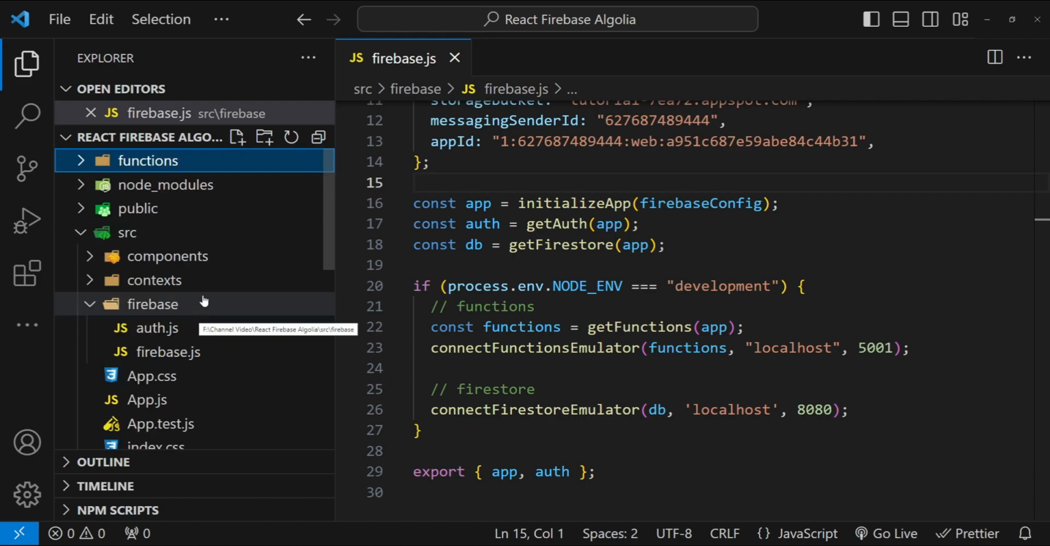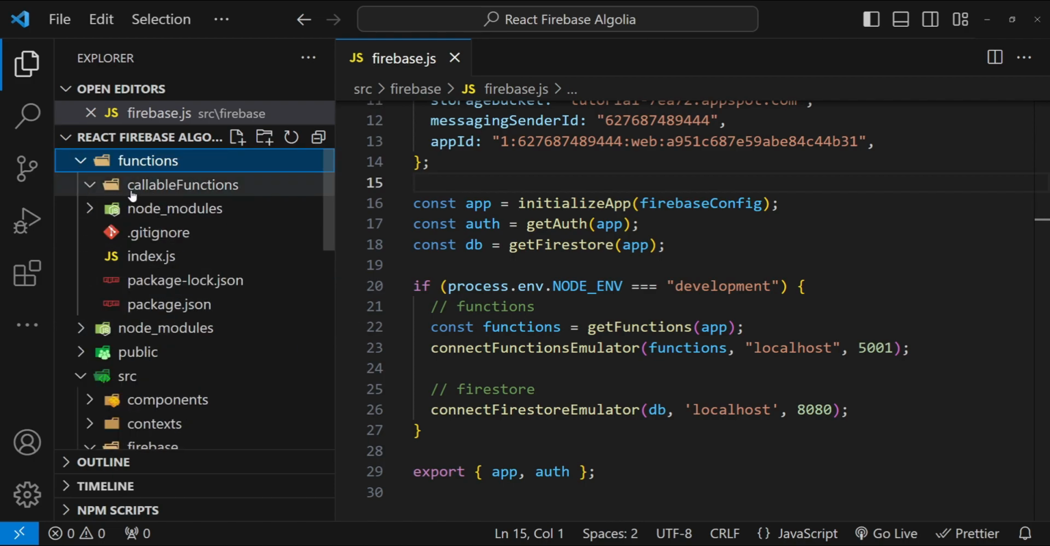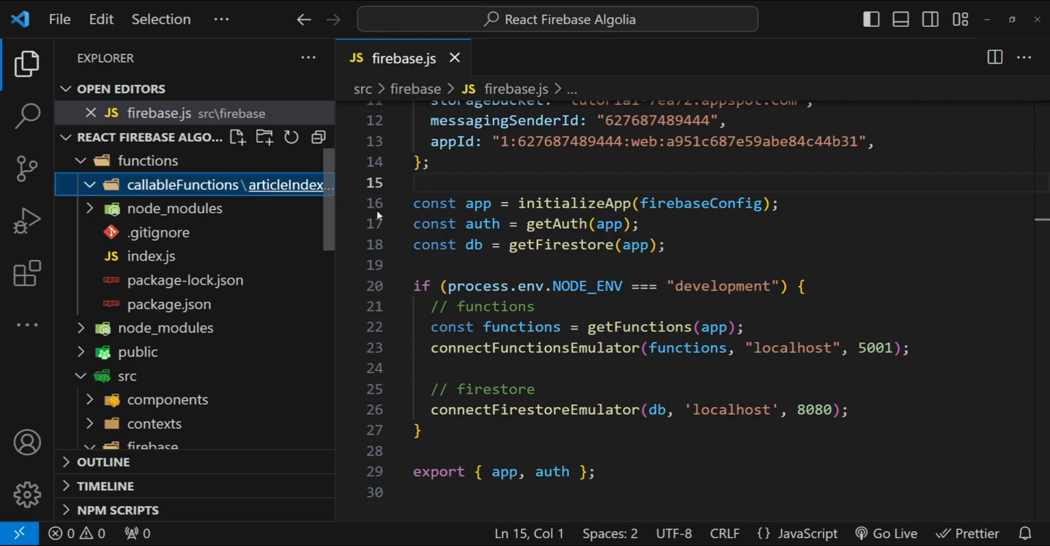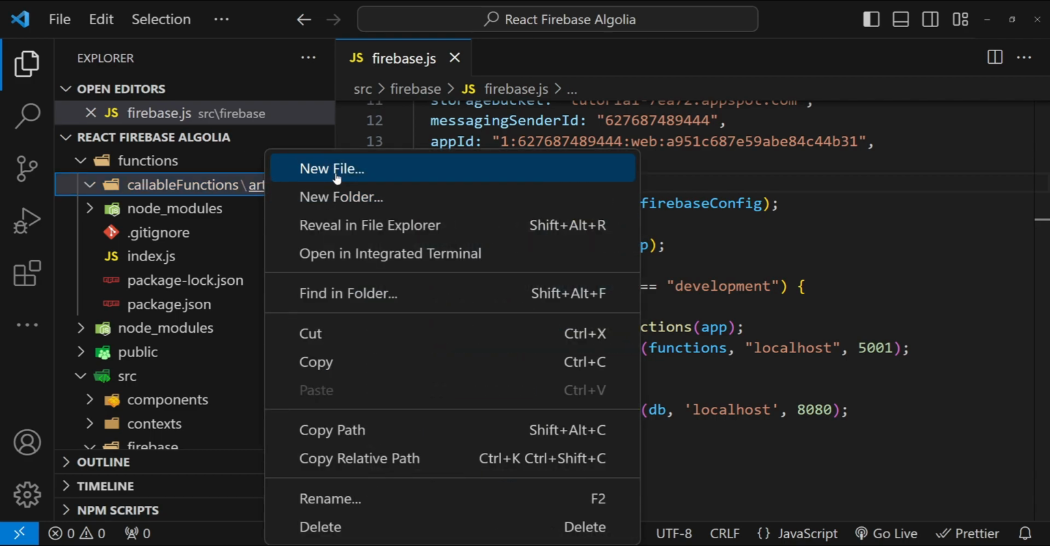Now to do that, I will go to the functions folder and then the callable functions folder. Let's create a new folder and I'm going to call it article indexing. In this folder, I will create 3 files: create, delete and update. So new file,